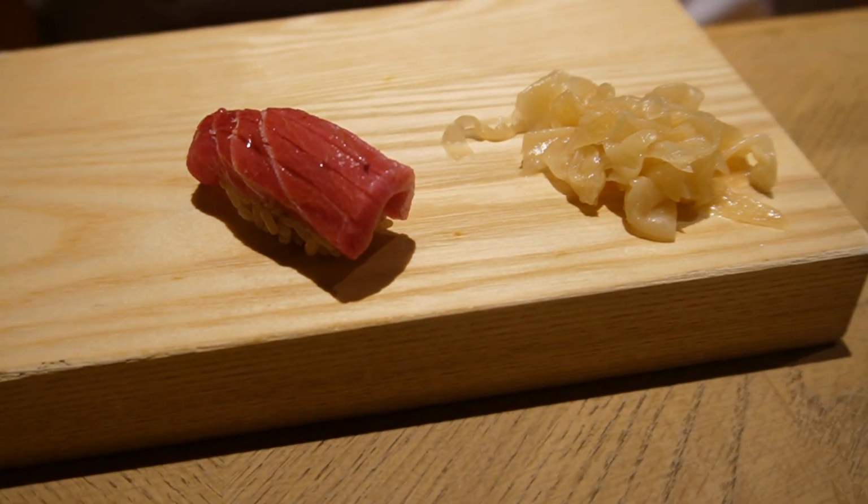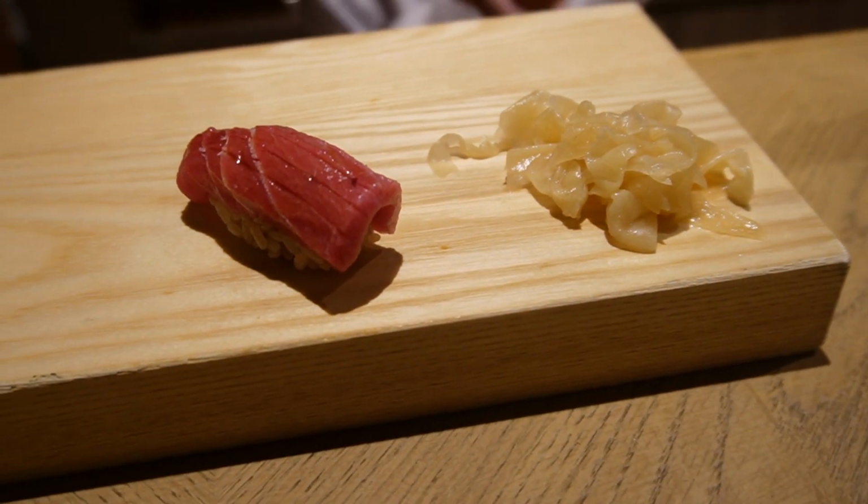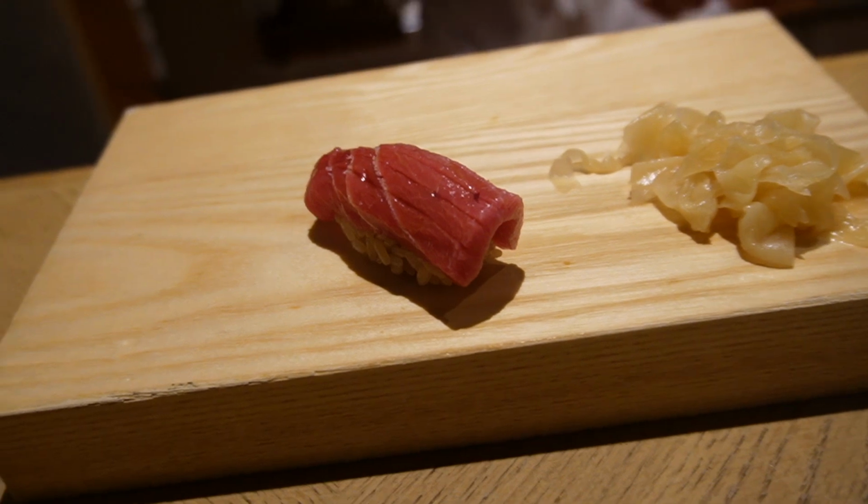That right there is the chutoro, the medium fatty tuna. Look at the artistry on that as well. How beautiful does that look? The way it's been cut and sliced, and with that having a bit more fat than the lean one, which was the maguro, which we had just before. You can bite into it just as easily as the others, but it just has that melting